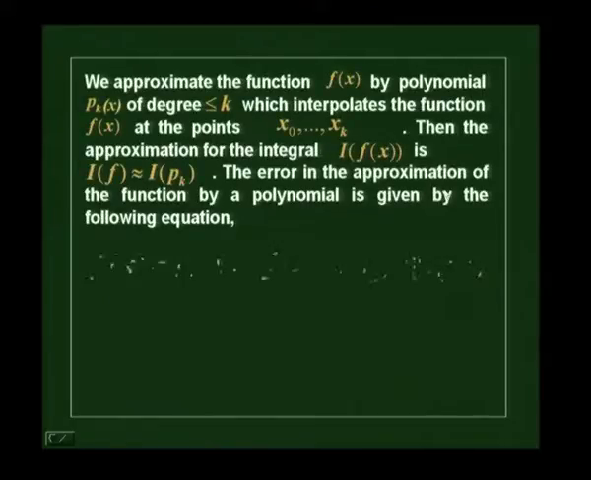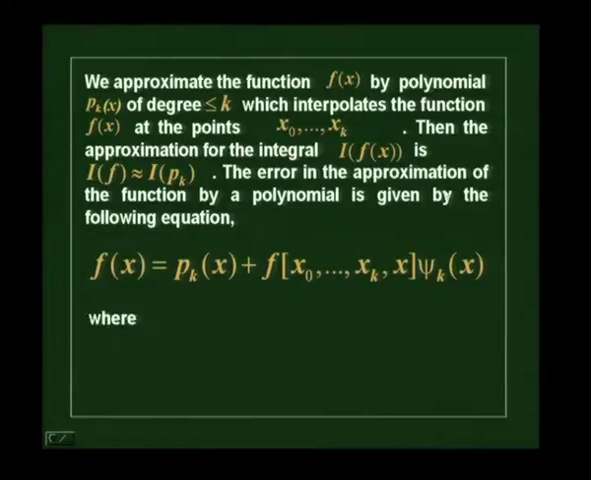So, we said the basic idea here would be to approximate the function by a polynomial of order k, and then say that the error would be of this form, where psi k is the product of x minus xj for all values from 0 to k. This is an order k plus 1 term. So, that is an order k polynomial plus an order k plus 1 term,